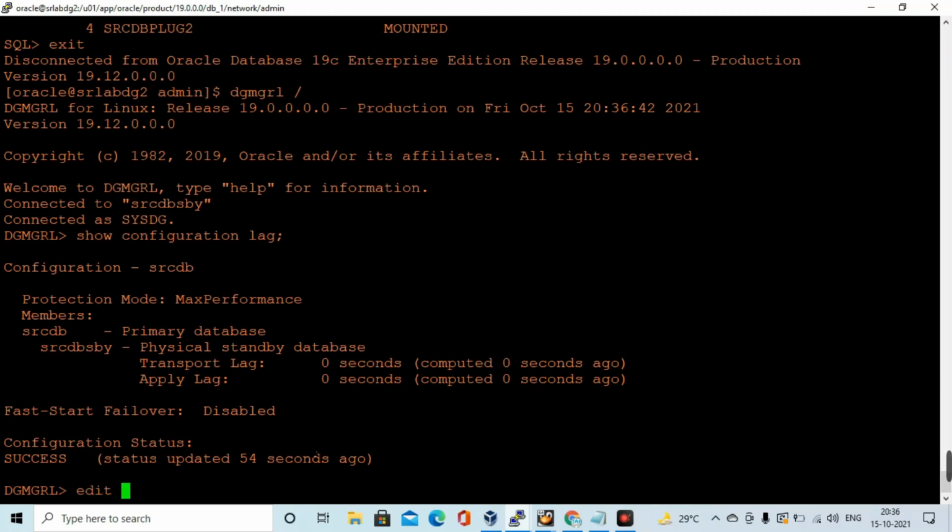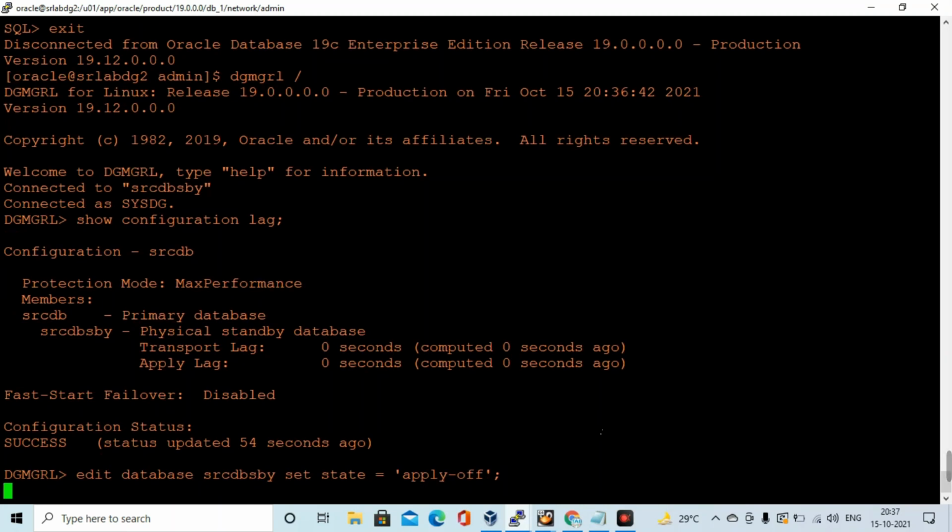Edit database srcdb sby, set state to apply off. So we have stopped the MRP now.